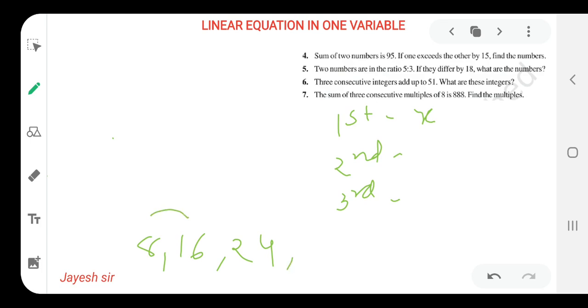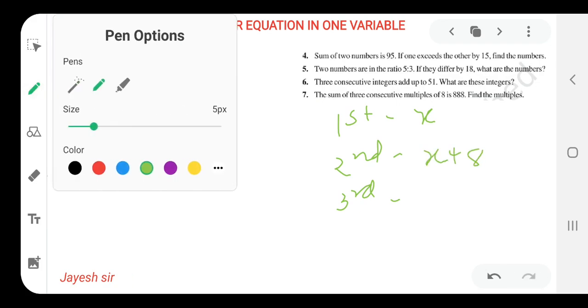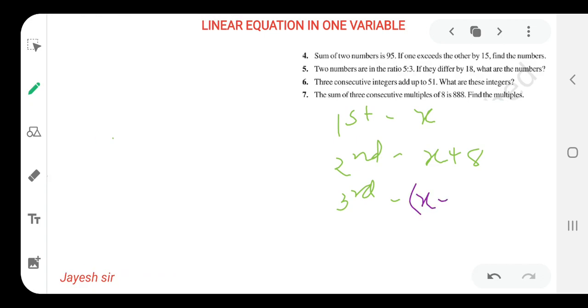So what are we finding? Plus 8, plus 8, similarly plus 8. This type of pattern is followed in multiples of 8, that means the table of 8. Same thing we have to do in this sum also, because they are consecutive multiples of 8, and we don't know the starting point, whether the table starts from 8 or 24. That's why we have taken our first number as x. So the second number would be x plus 8, and the third number would be 8 greater than the second number, that means x plus 16.